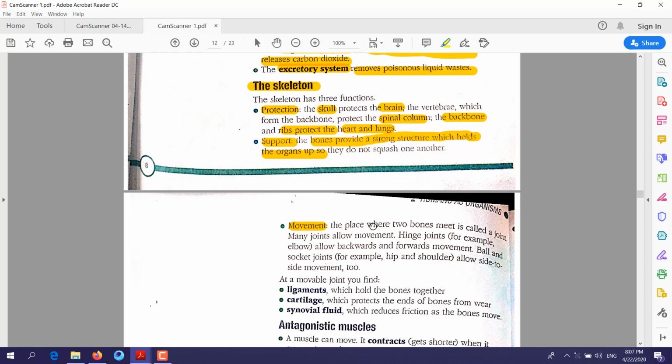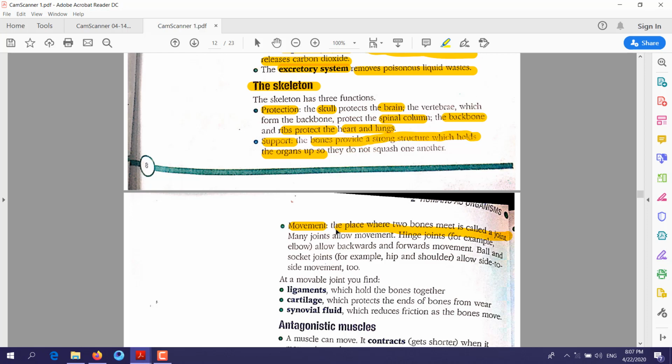The place where two bones meet is called a joint. As you know, our body consists of bones. Whenever two bones join each other, touching each other, they form